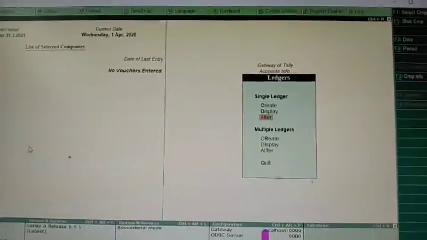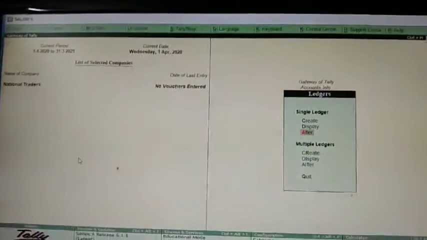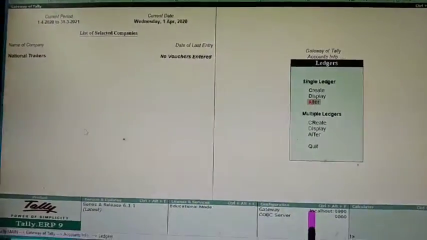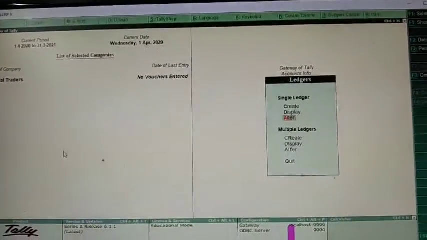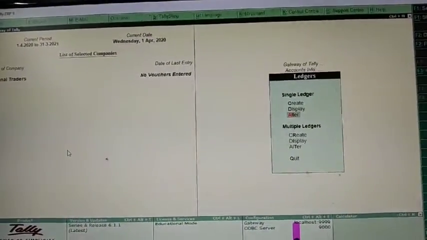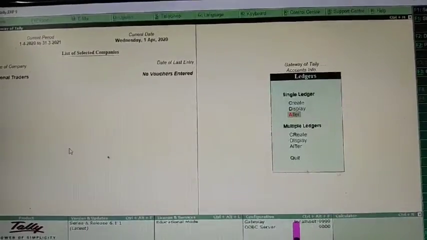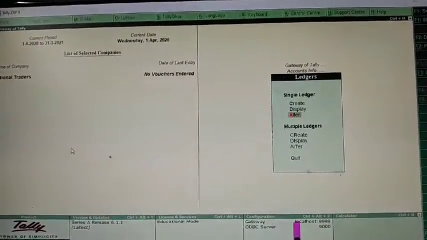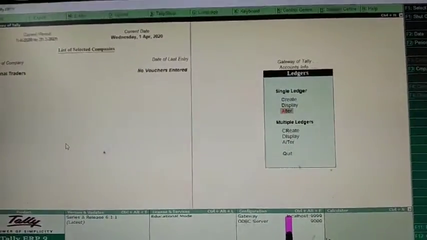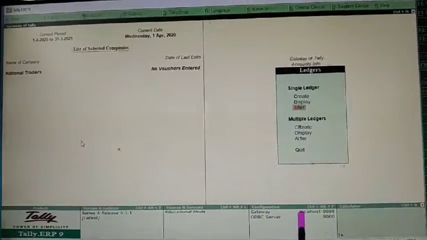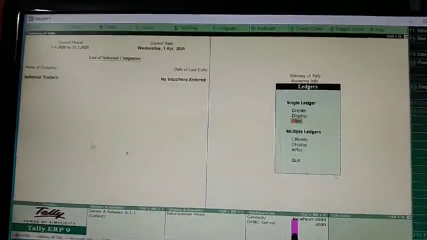All accounts must be classified in their appropriate groups. If you have to create any group in a voucher entry mode, you can create by pressing Alt plus C. If you have to view any group or ledger in a voucher entry mode, you have to press Ctrl plus Enter. I will give these options later, how to make use of these shortcut keys, Alt and C and Ctrl and Enter.